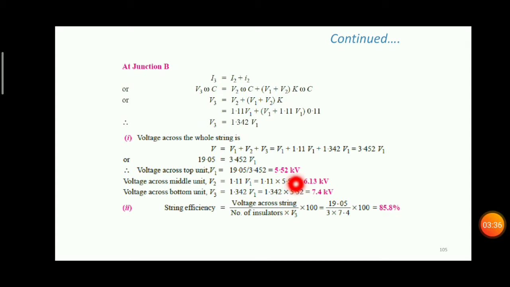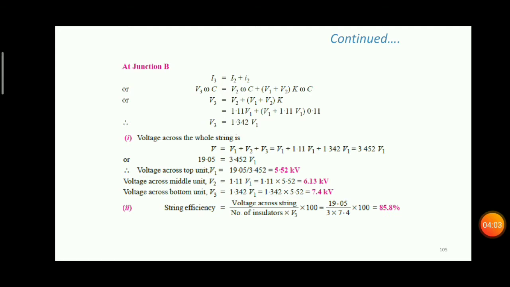String efficiency is the voltage across the string divided by the number of insulators times V3, that is the voltage across the disc nearest to the conductor. So it is 19.05, the total voltage, divided by 3 discs. The number of insulators is 3 and V3 is 7.4. So we got the string efficiency as